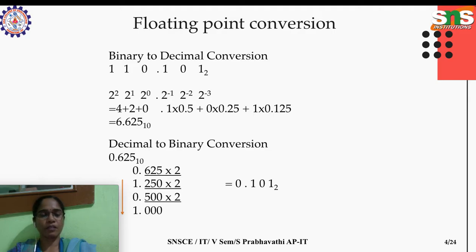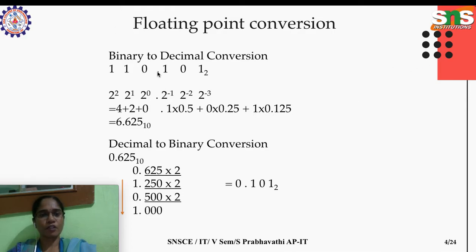Before that we will have a quick recap on how to convert binary numbers to decimal and decimal to binary, because without this knowledge it's quite difficult to follow the further slides. A quick recap of how to convert a binary number to a decimal number. This is a binary number which is represented using the binary point. When we have 2.5, that point is a decimal point, because 2.5 is represented in the decimal system with base 10.